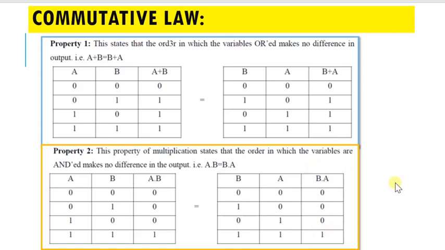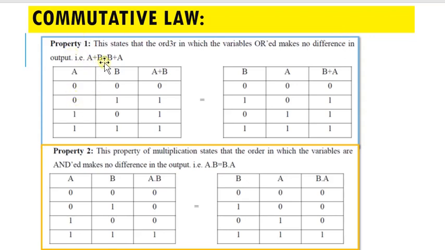One thing to be remembered here, whether you are going for a commutative law, associative law, distributive law, any law, these laws are applicable for two variables or more than two variables. In these particular examples, I have considered either two variables or in some cases three variables. So you just cannot confine yourself saying that the commutative law is applicable only for two variables. No. If I had another variable c, in that case a plus b plus c would have been equal to c plus b plus a. So the order does not matter.